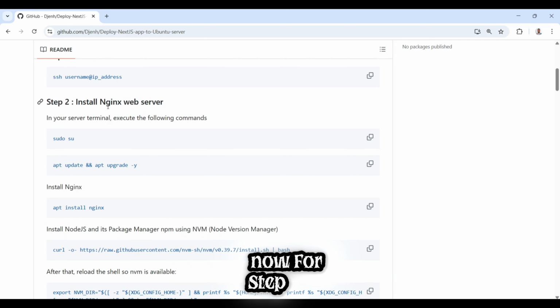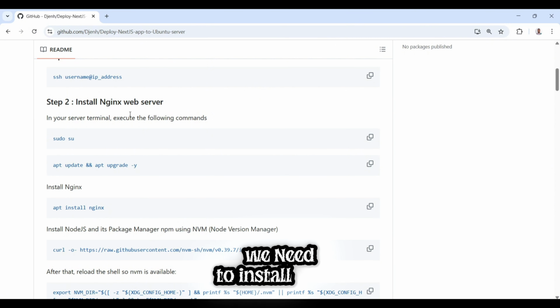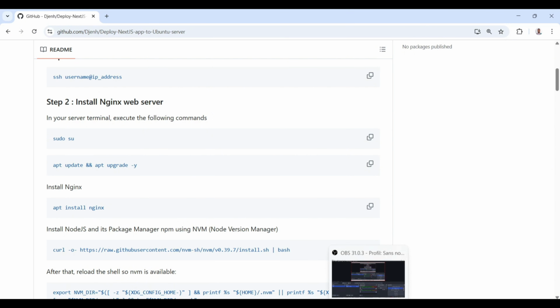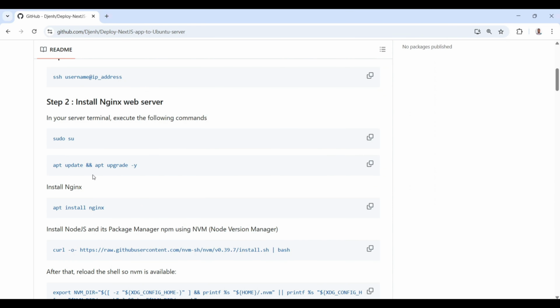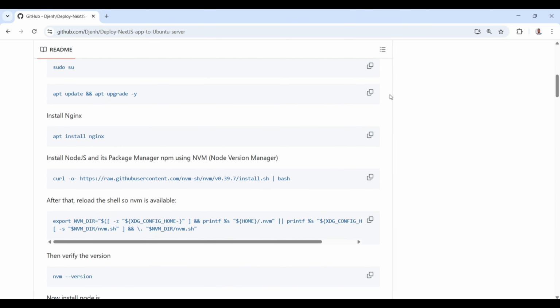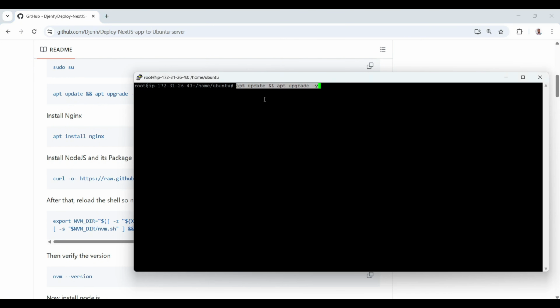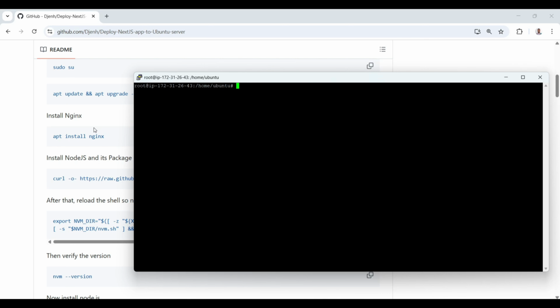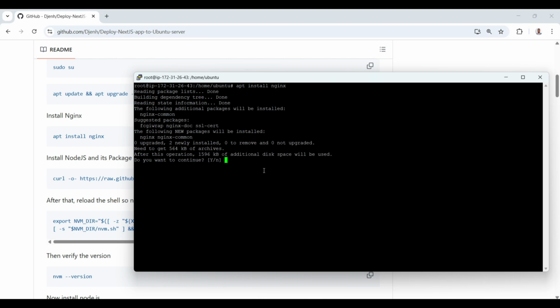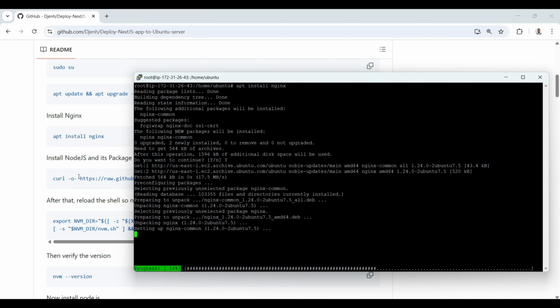Now, for step 2, we need to install the Nginx web server. Now, install Nginx. apt install nginx. Yes,